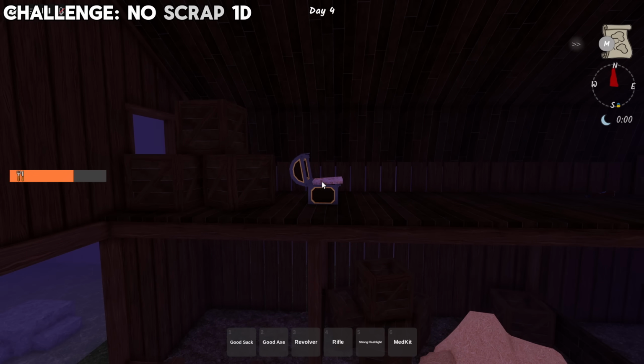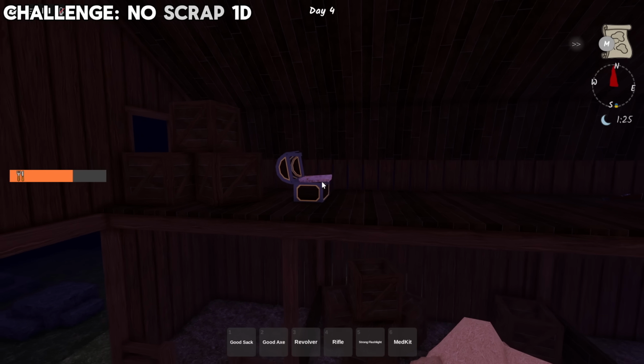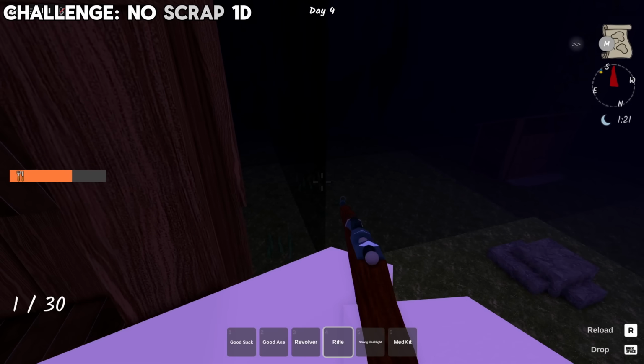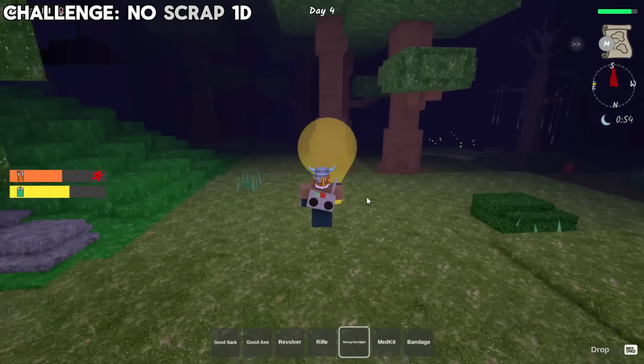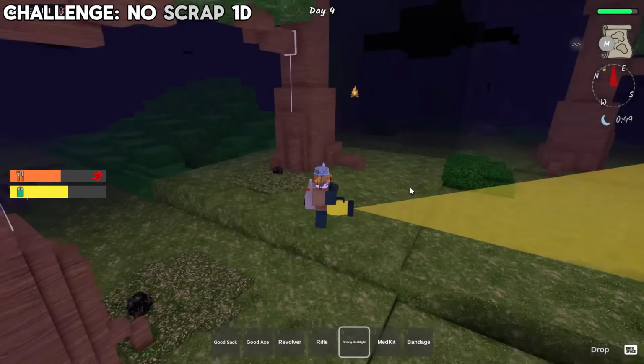Wait a second. Why is the perk... Why is the third perk already working? Was I supposed to get an extra scrap? But, I mean, okay. I can't pick that up either way, so... okay, right here. The den is right here. And I think I got enough ammo to just kill them all, so...